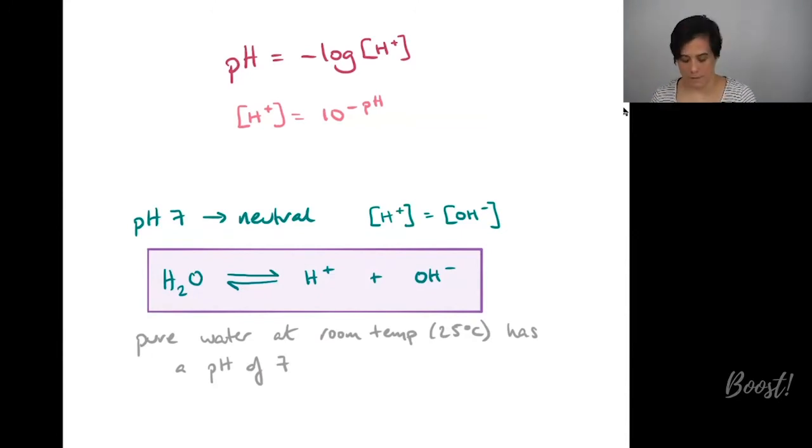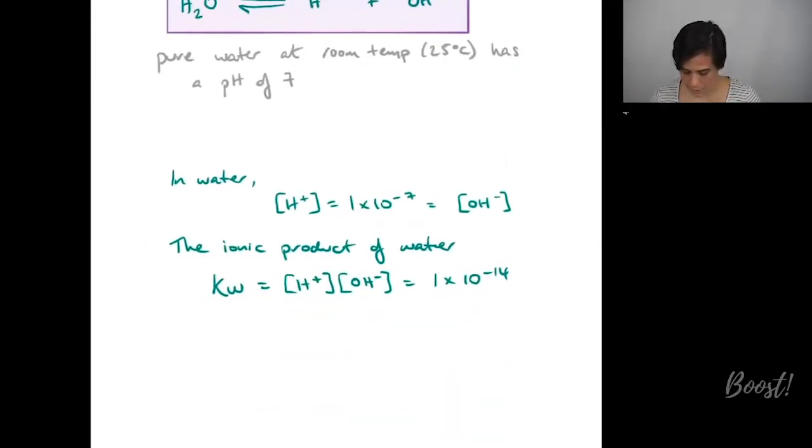And if we had the equilibrium shifting towards the left-hand side, then we would have less concentration of H+ ions and therefore a more alkaline pH. So it's important to know what the temperature is because that will shift the position of equilibrium and give us a different pH. Okay, so we talked about